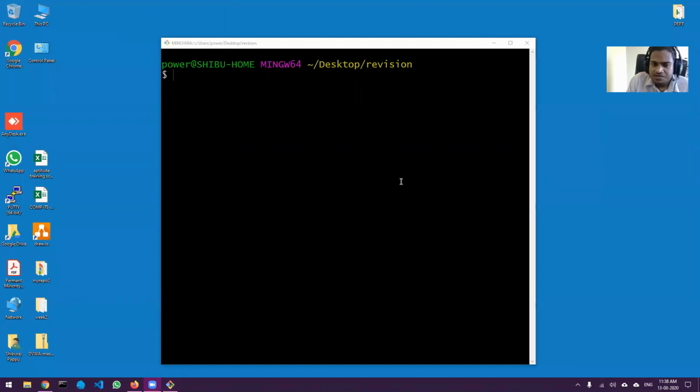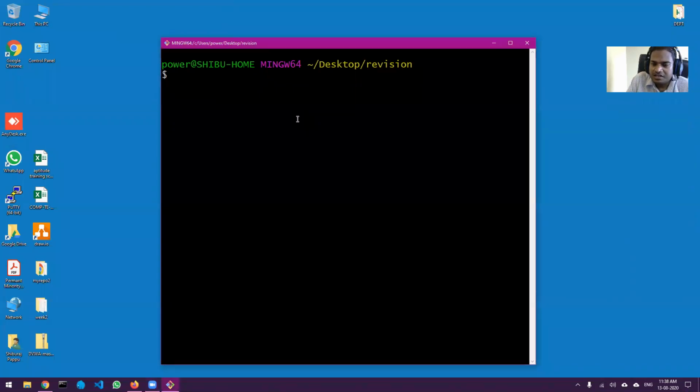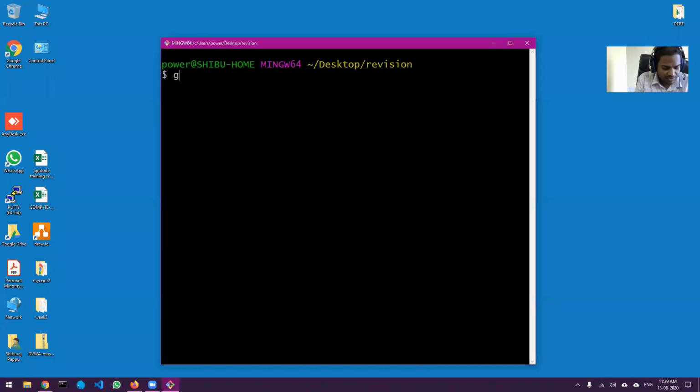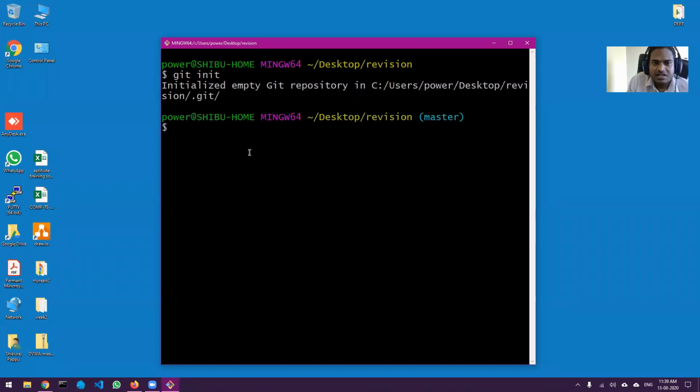Can you tell me what is the command to create a new repository? Git init. Okay, very good. So let me start with git init. Okay, so I have initialized an empty repository.